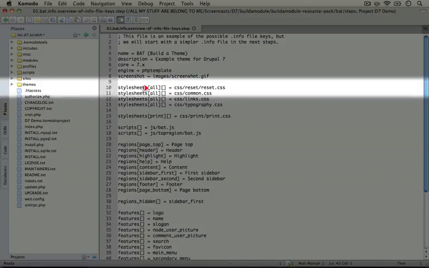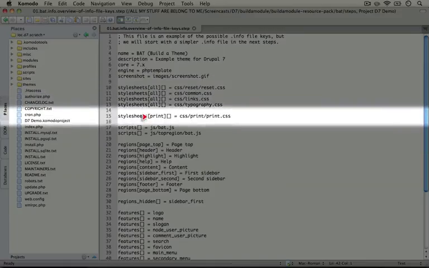In the style sheets all variable, these are style sheets or CSS files that will be added to every page in the theme. With print, it's added to the document when it's prepared for printing. So this will, for example, simplify the layout, make things have a higher contrast if you're using lower contrast colors, things like that.